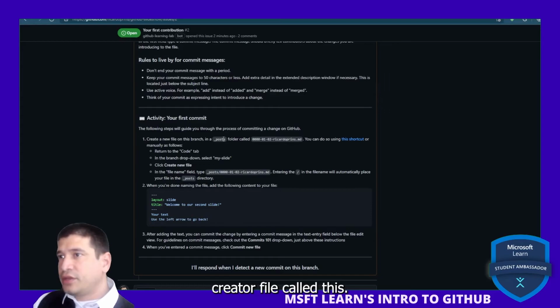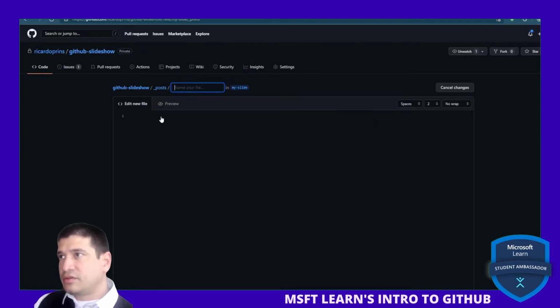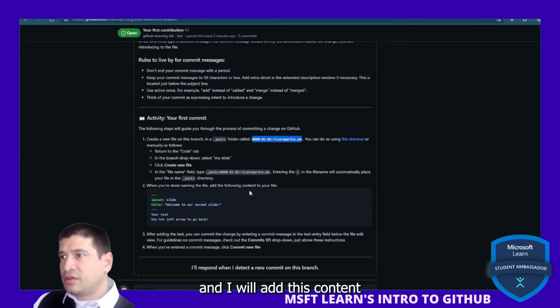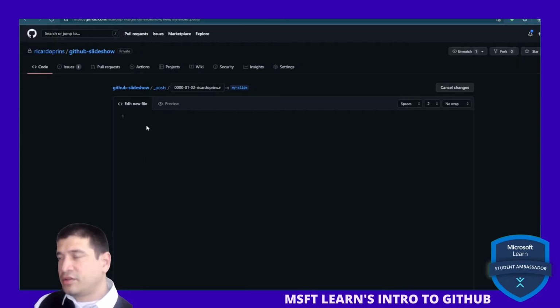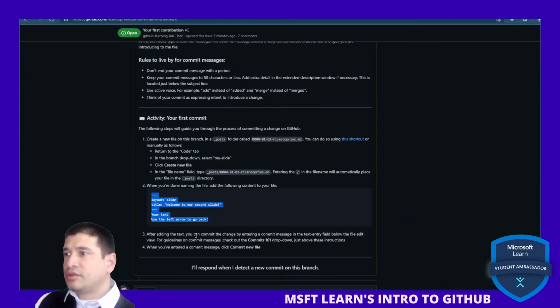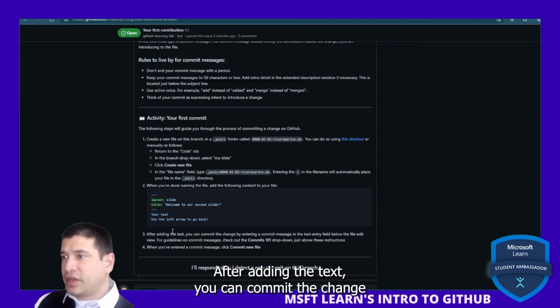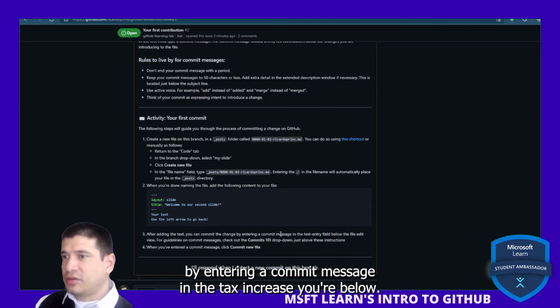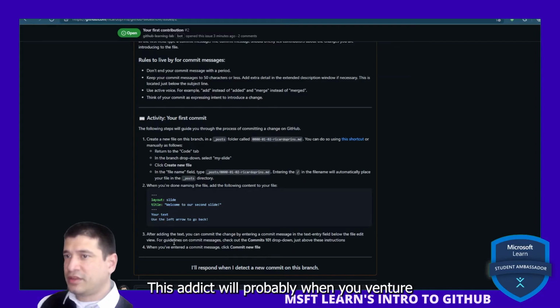Create a file called this. Let's go there and create this. Paste. And I will add this content to the file. Paste. After adding the text, you can commit the change by entering a commit message in the text entry field below this file edit view. When you've entered the commit message, added,